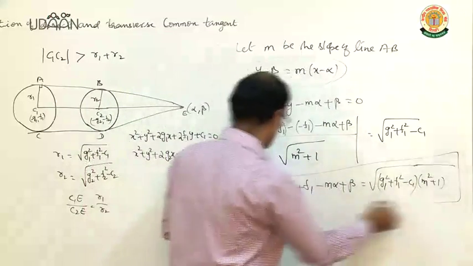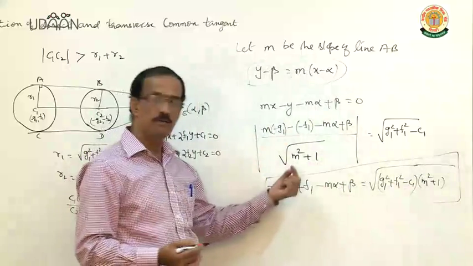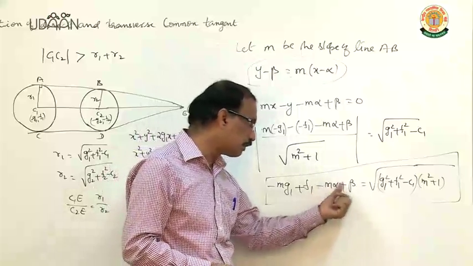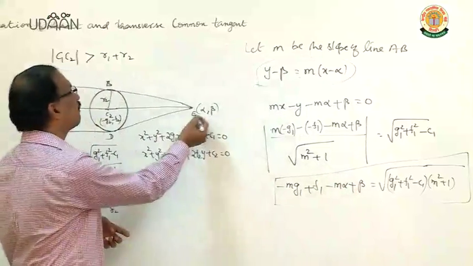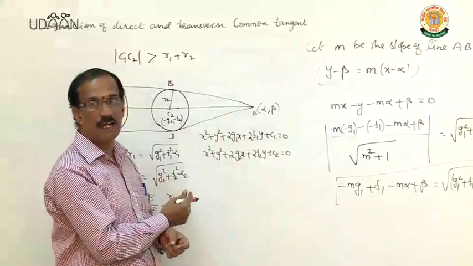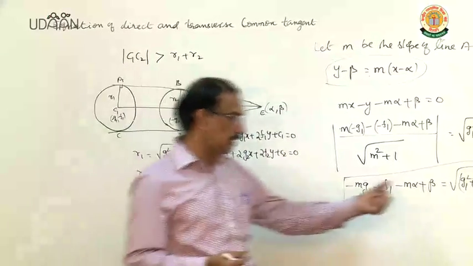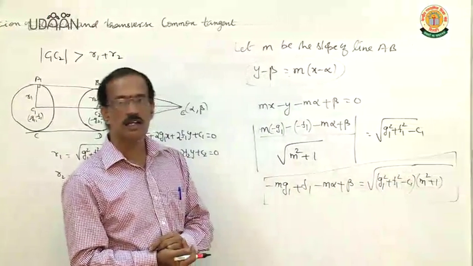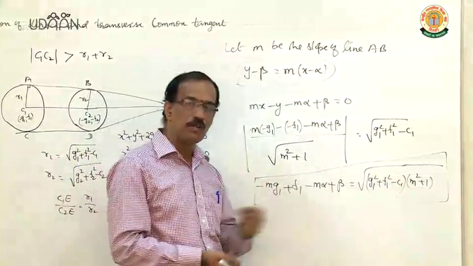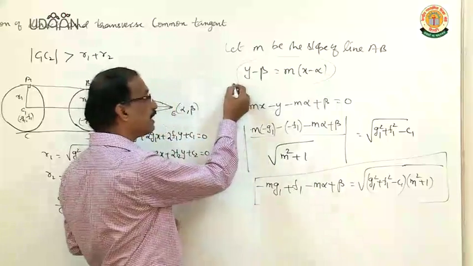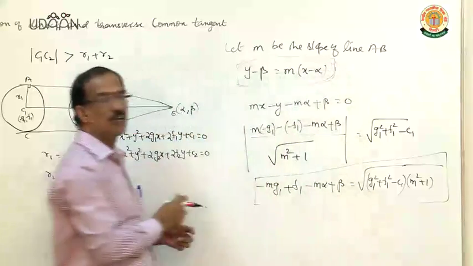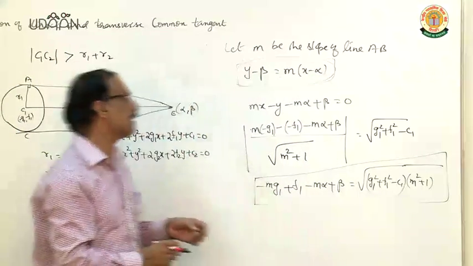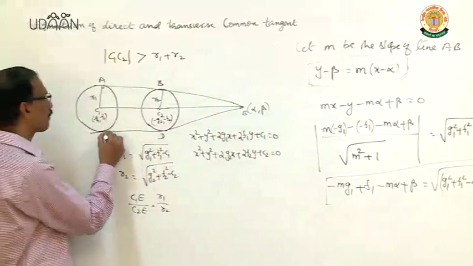From this we know G1, we know F1 from the equation of the circle, and then we know the point alpha and beta by solving by external division. So, we substitute and we know the radius, and from there we get a quadratic in m. That value of m, if you get and replace it here, you will get the required equation of the direct common tangent. Similarly, you have here